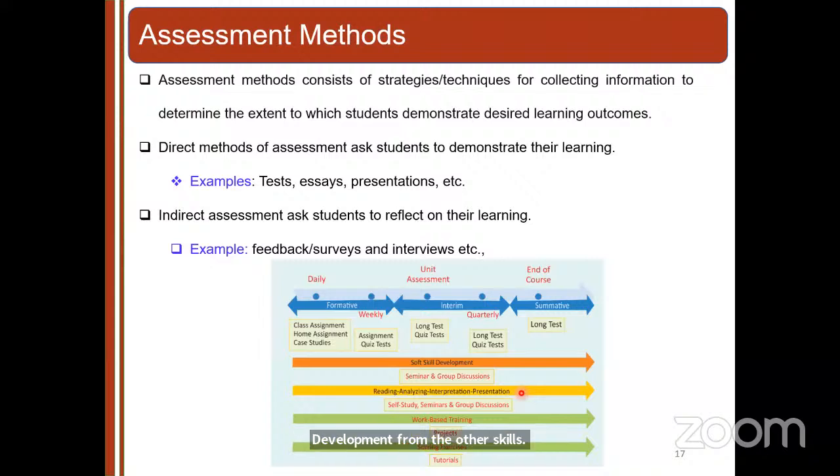So why can't you come up with a poster presentation? Why can't you come up with a role play or a self-study, seminar, group discussion? Everything can be done. There are many things that can be done. Project-based learning is also one, a mini project, as I told you in the last slide. And solving exercises, this last one is the only thing that we usually do. But we can also follow the first 3 in the internal assignment procedures. That gives us an altogether different kind of assessment and evaluation. Definitely do this and you'll see the change in the numbers of your attainment.